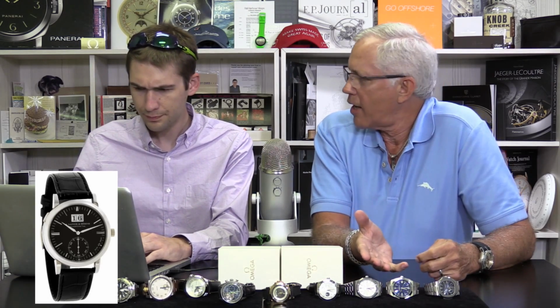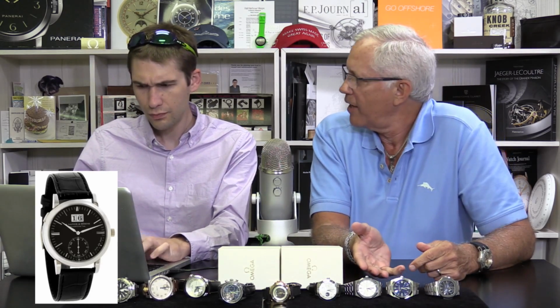You could go with the 30127, but you could also go with the Langematic outsized date, the 30827. This is a watch from the late 90s through late 2000s, so by most measures, it's still a contemporary watch. It's a little bit more quintessentially Lange, I'm going to say, because of the double-digit date, which is sort of a signature of the brand. Does the fact that it's closer to the core of the company's stylistic identity make it more palatable despite the size? You'll notice that a lot of my watches are ones that are more iconic, certainly with the AP and